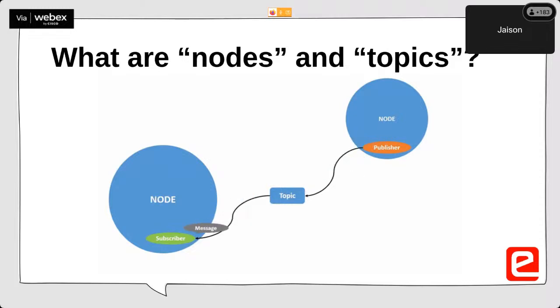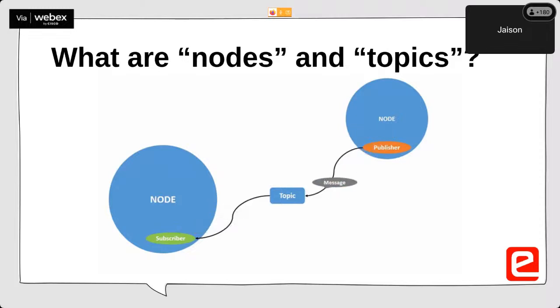In ROS, each program, each set of Python code or each set of C++ code, is a node, where it will publish some message. Another node will subscribe to some message. This publishing and subscribing happens on a particular topic. Let's say if you have a camera, you will send image information on an image topic. Or you can take the example of YouTube. When you have a video on a particular channel, you take the channel name as a topic, and on that channel name you get different types of video whenever you are subscribed to that YouTube channel. In a similar way, I will be continuously publishing my data,